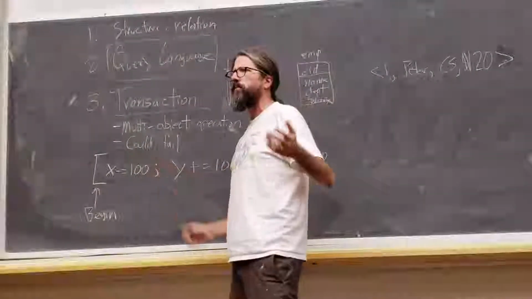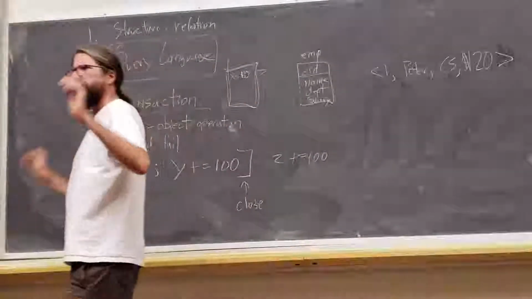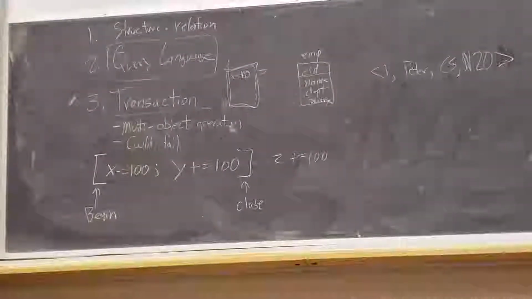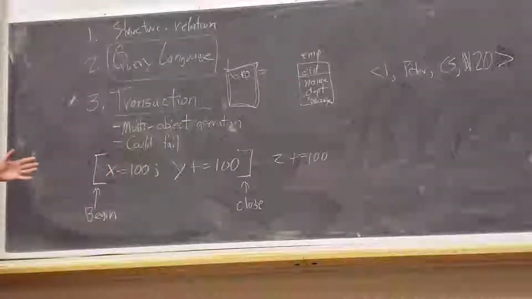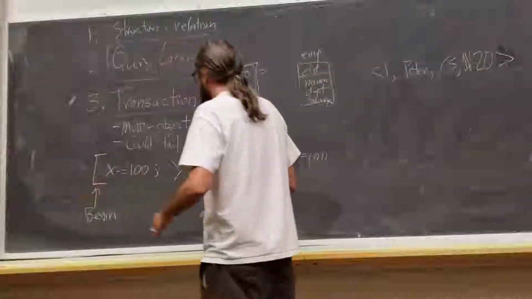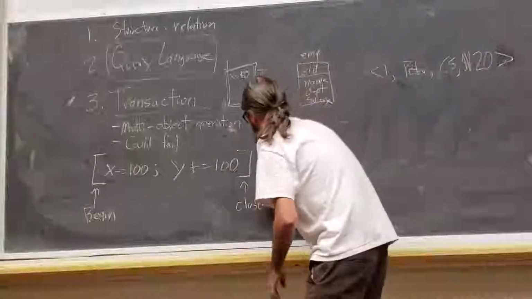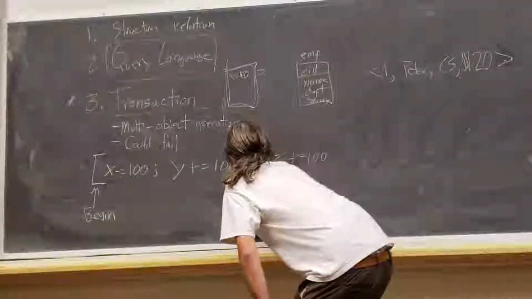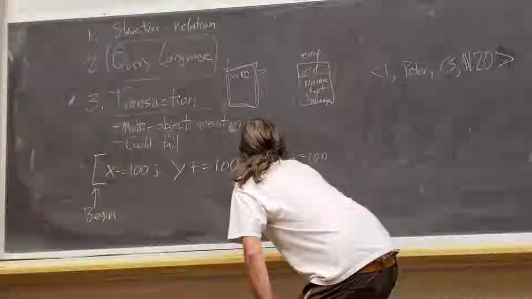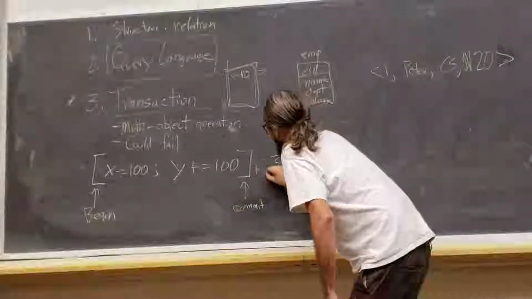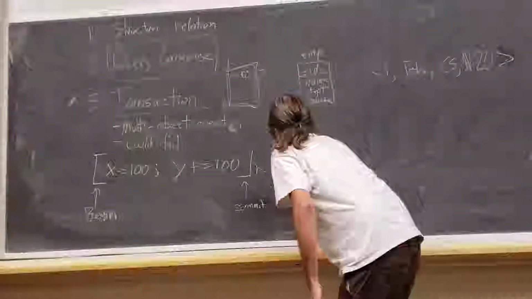You can imagine a very simple programming language for bank accounts, and all it allows you to do is subtract and add things. It could be C, it could be SQL, it could be anything you think of, but whatever it is, you have to add 3 verbs. I said close, but really you need the programmer to be able to say, please commit if everything went right, or please abort if everything didn't.